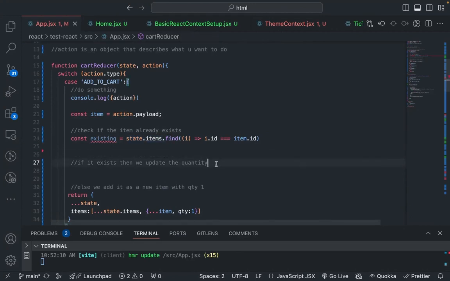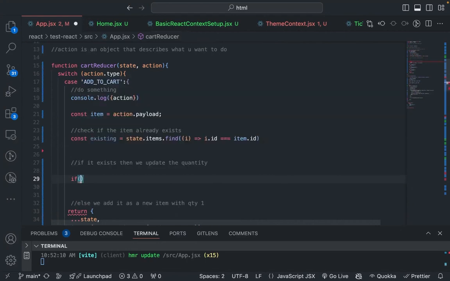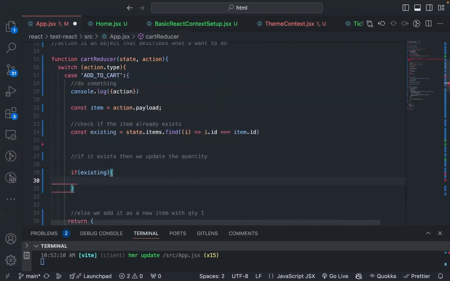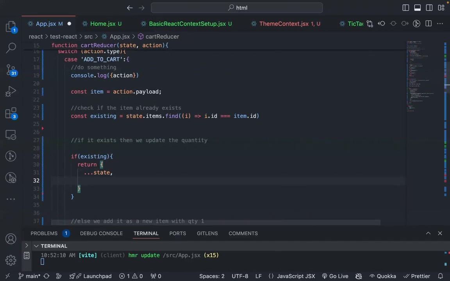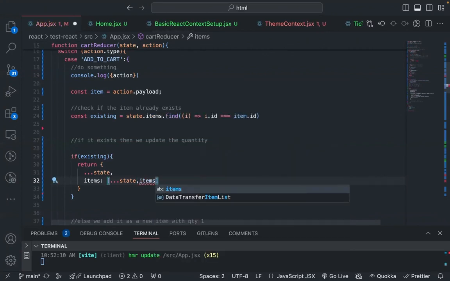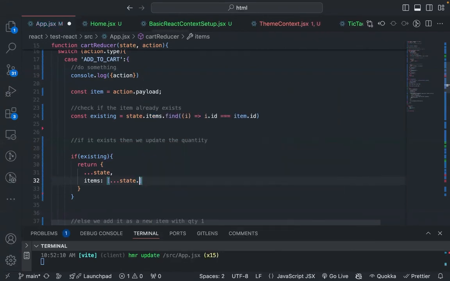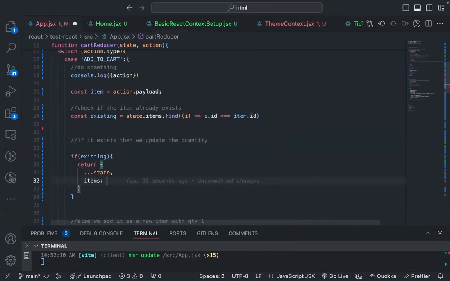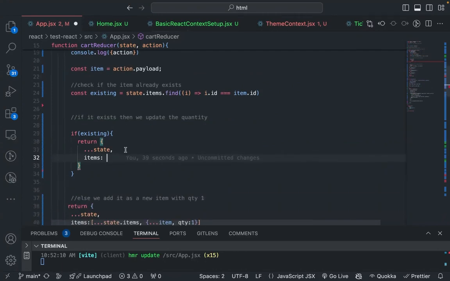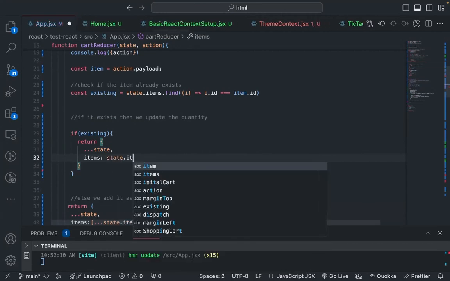So if it is existing, that means existing will return true. So if existing, in that case we can say return all of the state whatever we have. And in case of the items array, we want to update, copy all of the state.items. Sorry, in this case what we have to do is increase the quantity, right? So we can say state.items,